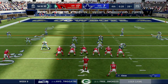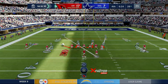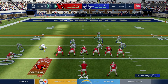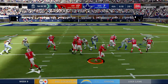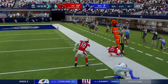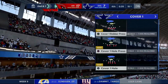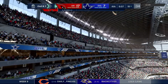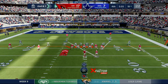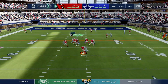So signs of life in what's been a dormant offense in this second half. Here's 1st and 10. He's tackled a yard short of the marker. Good gain of 9 on first down. I know you're trying to wring every yard out of a run, but I think 9 yards there is ideal in this situation. Yeah, now next couple plays, you only need 1 yard. Keep that clock rolling with a lead here in the 4th. Yeah, what you're saying is...